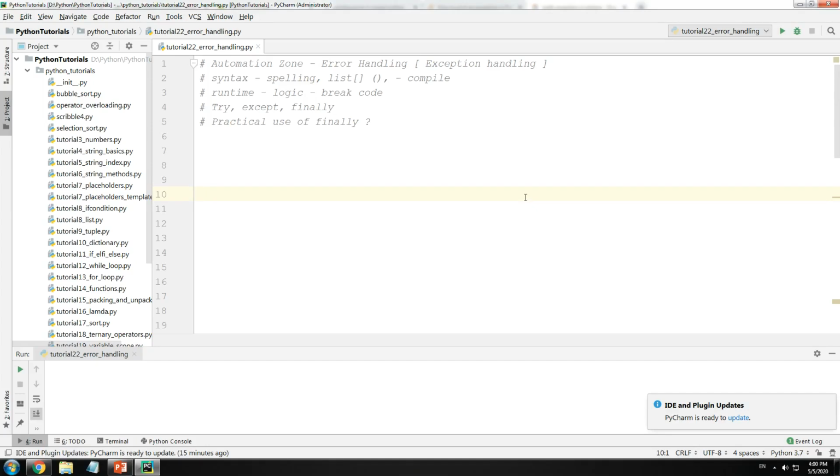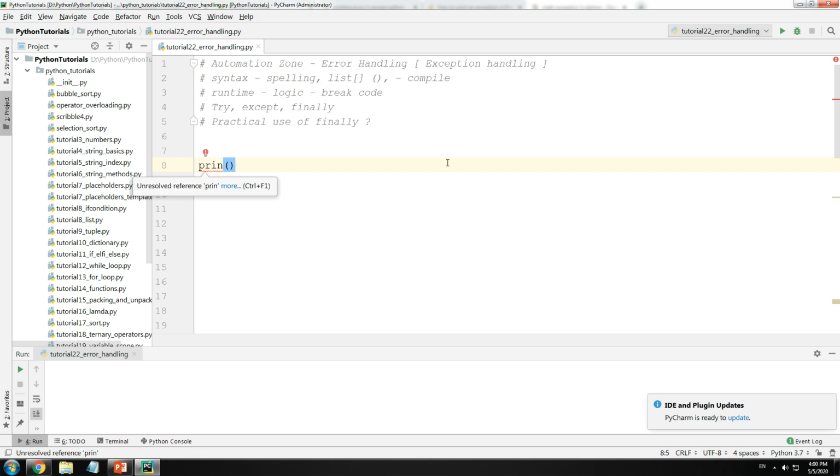In this tutorial, we'll be looking at error handling or exception handling in Python. There are two types of errors. The first one is syntax errors. Syntax meaning you are not typing your Python code correctly, which can include incorrect spellings or incorrect representation of your Python code. Like print but typed without the last letter t will give you an exception. Okay, in this case, not exception, but it'll throw an error.